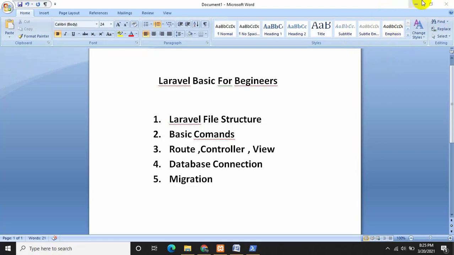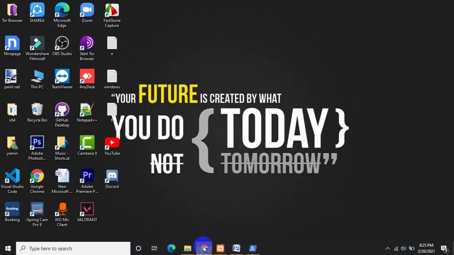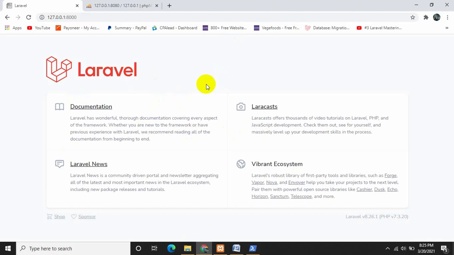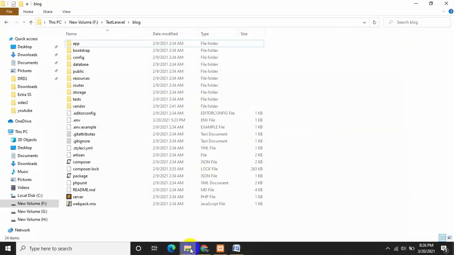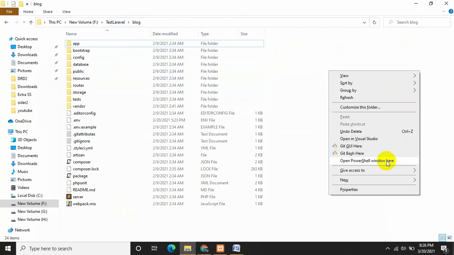Okay, so let's go back to our project. This is a Laravel project which I created for this tutorial, and I'm going to show you from scratch. So I will be closing this, and I will close this one as well, and I will go to my project folder, which is this one. I'll just press Control Shift and right click on your mouse, and then you will see Open PowerShell window here.